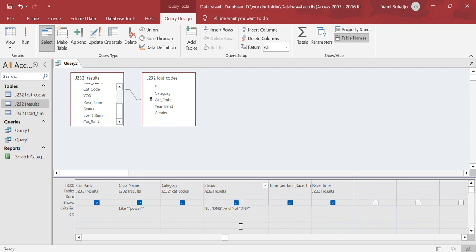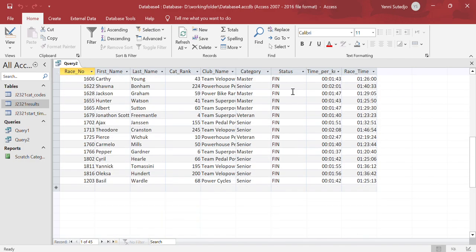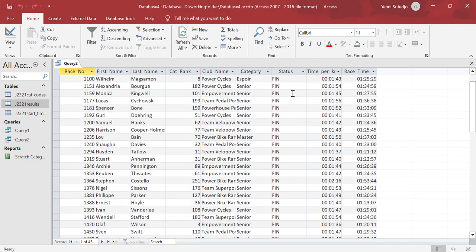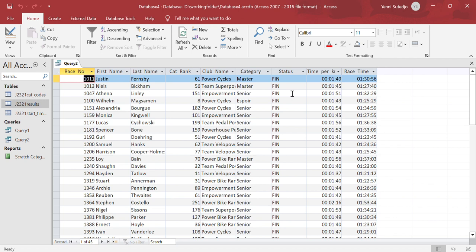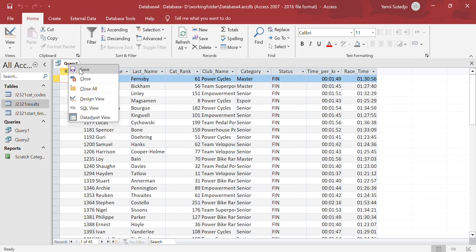Save and then datasheet view. Now this one makes sense for the number of records. And then in here status, it doesn't show the value of DNS and also DNF. I think the query is done, so I will again save, close, and then I will go to the report